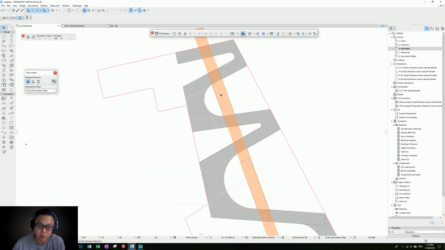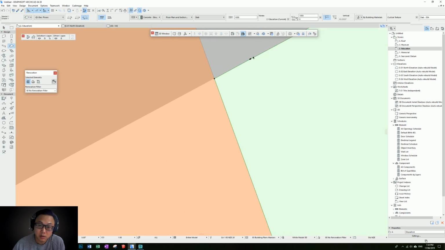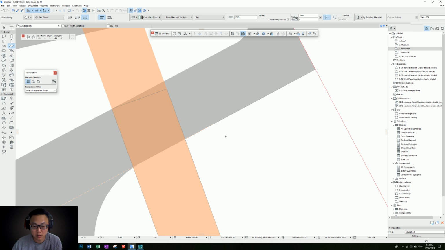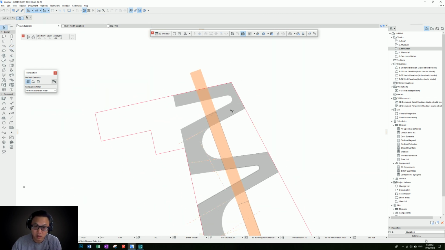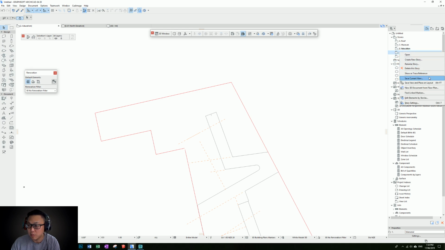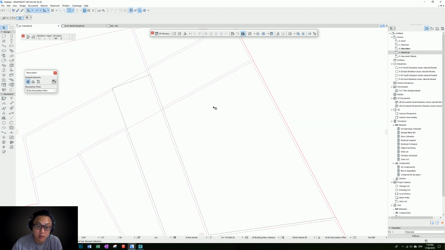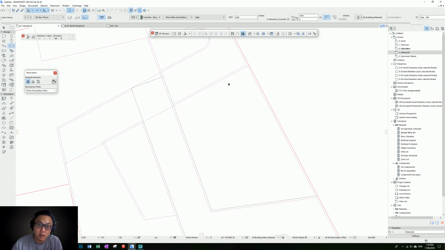Well, most of them. This needs to be cleaned up. Maybe I'm just gonna delete that and use the memorial as a reference. I'm gonna remove all the guidelines that I have, and